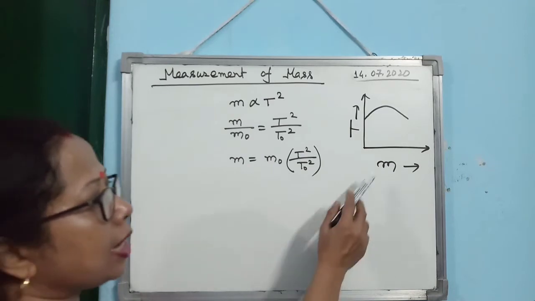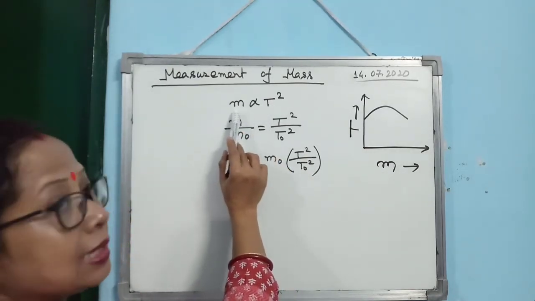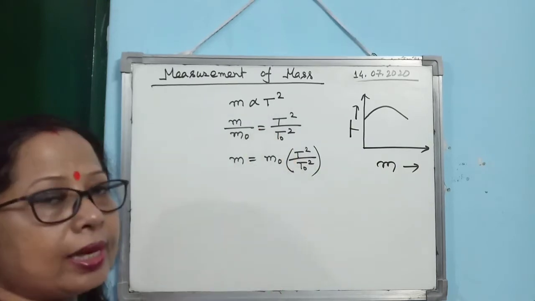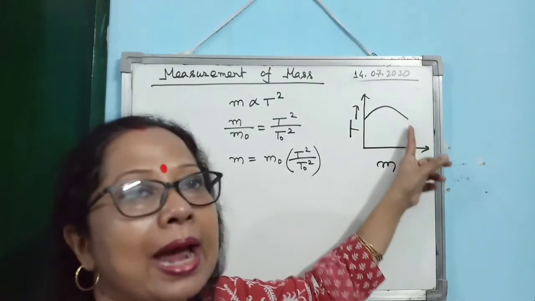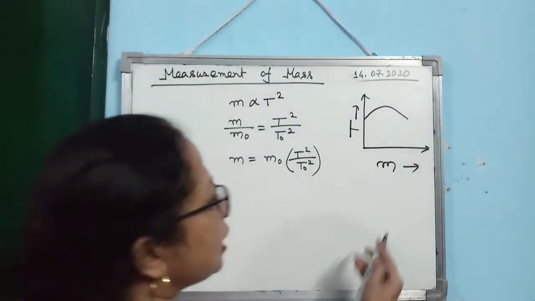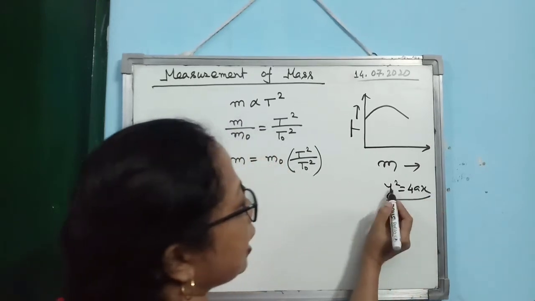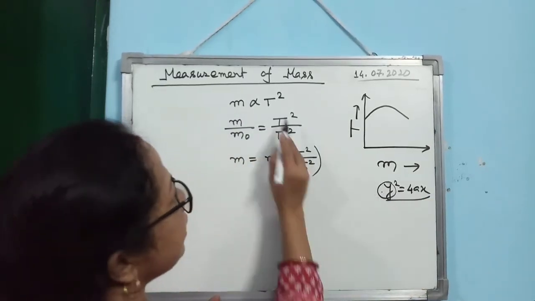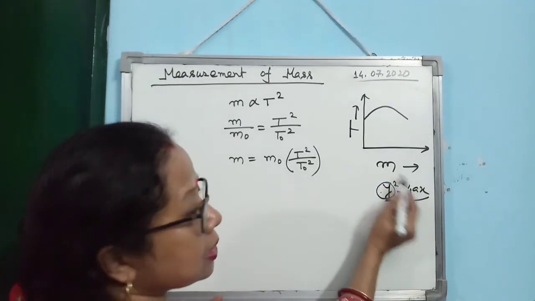Now here this graph is important, as the dependence here, you see one side is linear, another side is quadratic. So if you plot T versus M graph, it will be a parabola, because the equation of a parabola is given by this formula. Here one side is quadratic, T square, and the other side, the mass, is linear.